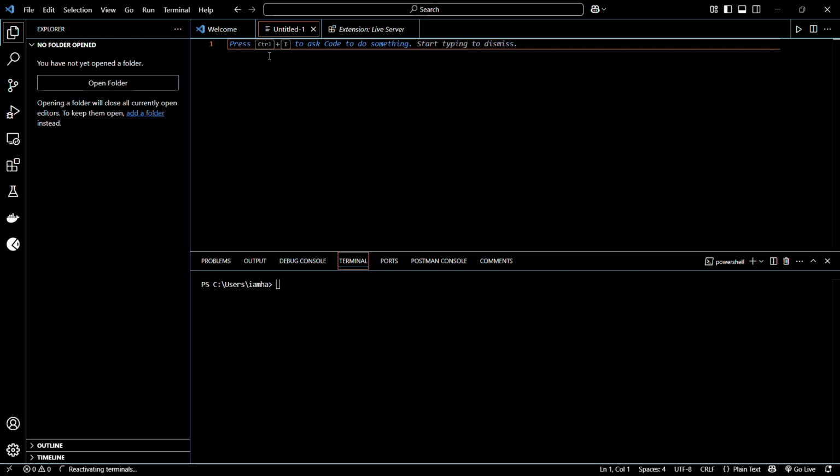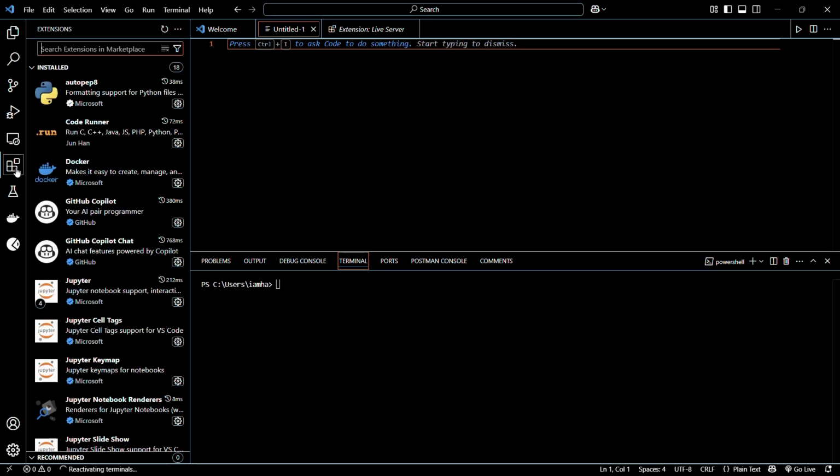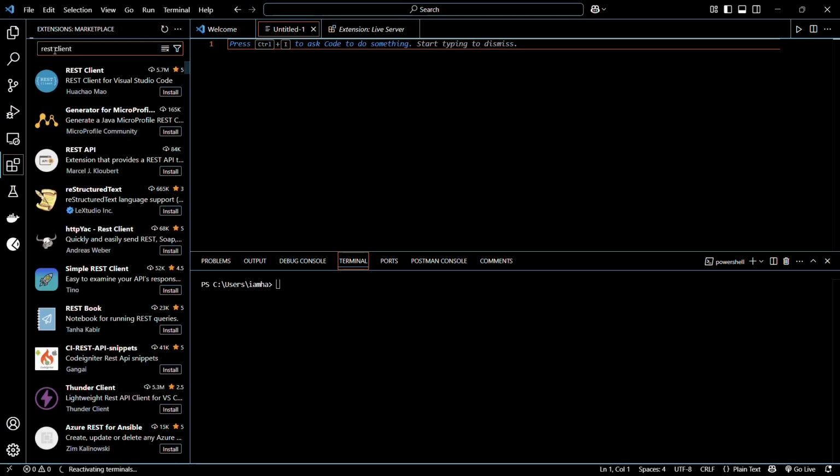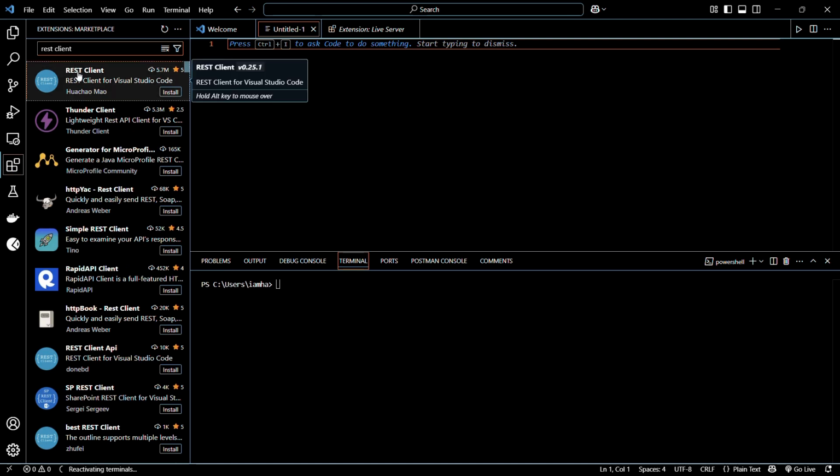In order to install this, you need to head on to the extensions tab in your Visual Studio Code, or alternatively, you can press the Ctrl Shift and X key combination. Once you are inside the extensions tab, you need to type in its name. And here you can see that this first extension by Huachen Mao with around 5.7 million downloads is that particular